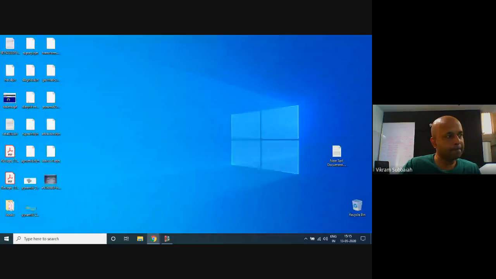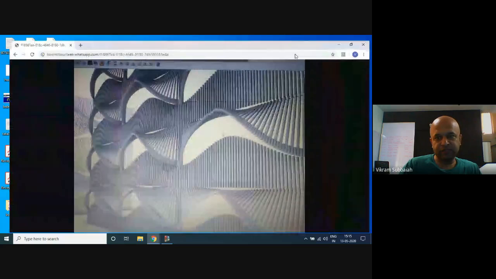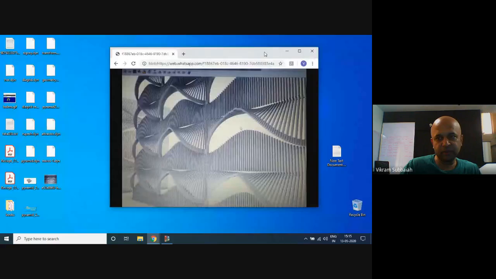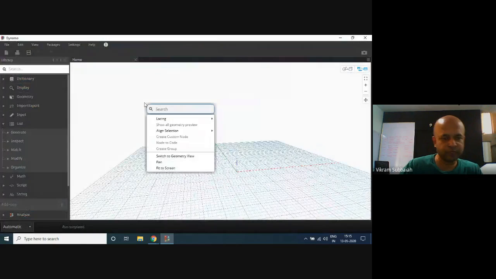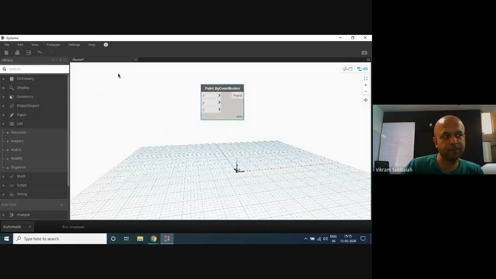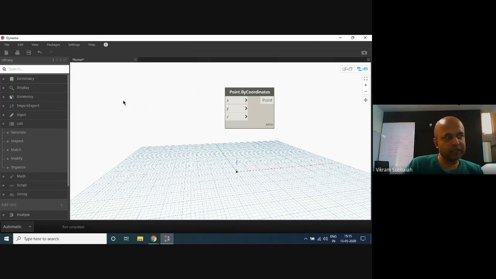Okay. So if we got something like this, what's the first thing that we're going to do now? We'll try to create a series of curves like this. If you want to walk me through this, just let me know how we're going to do that. First, again, I'm going to create points, point by coordinates. Let's say we're going to do just 3 points for each module.